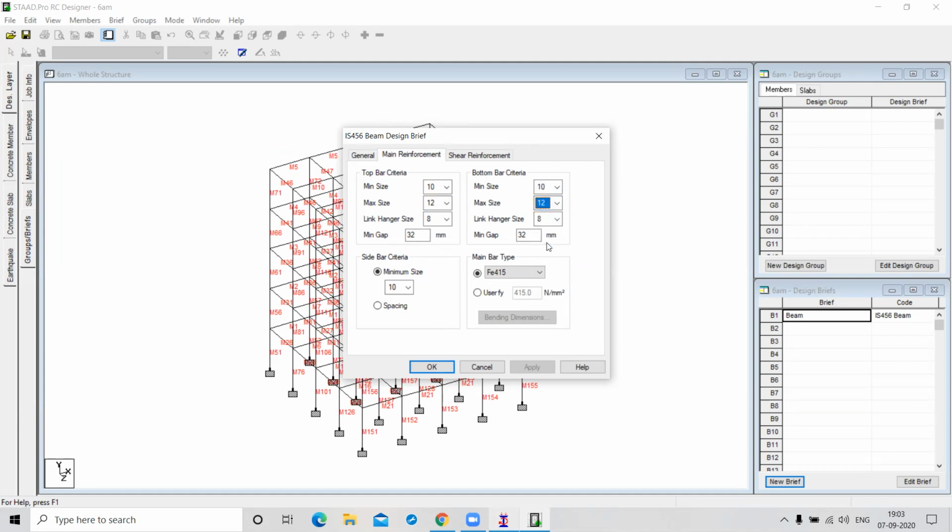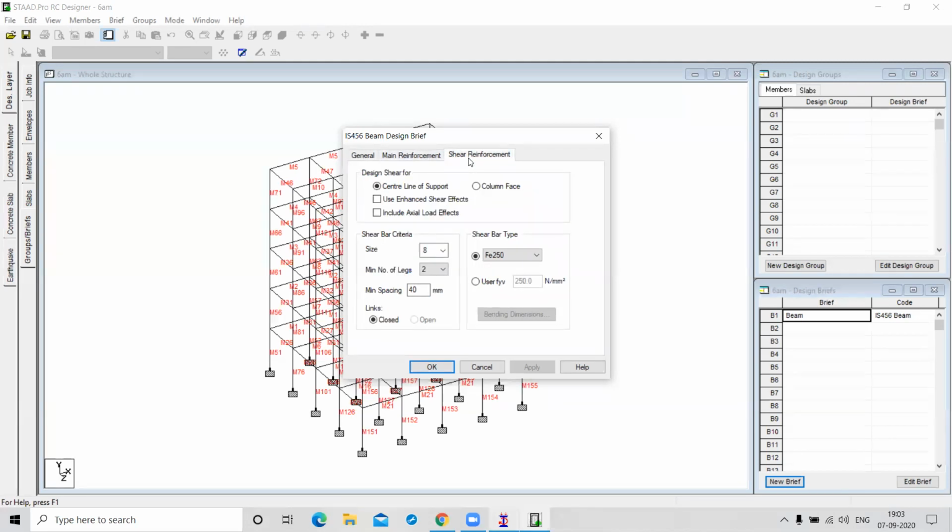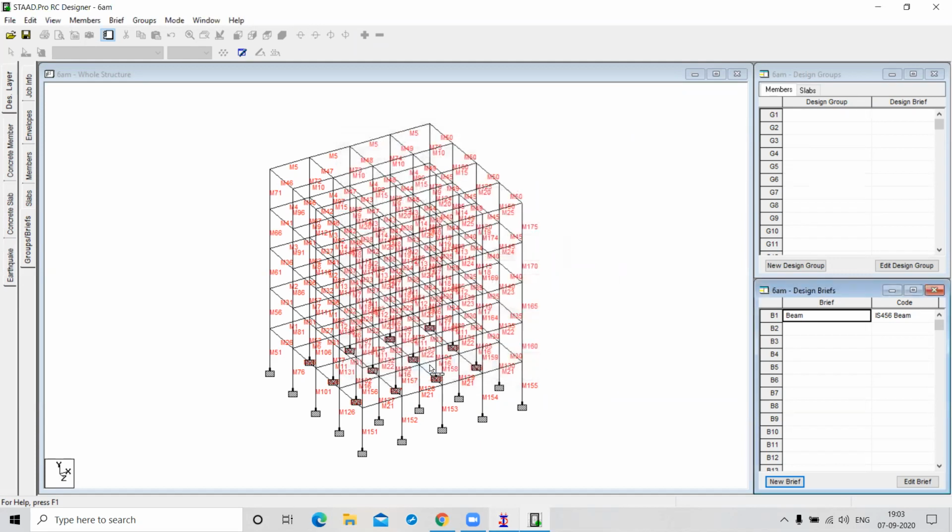And this is your shear reinforcement. For the shear reinforcement, Fe 415, and the shear bar criteria is 8 mm. Click on OK. So this is the brief for the beam design.